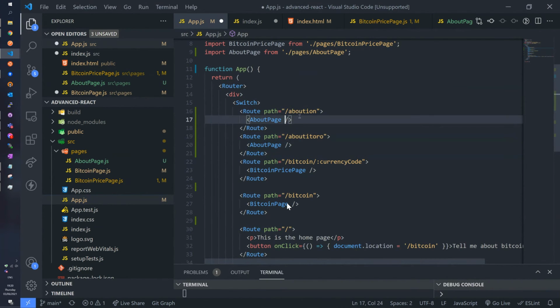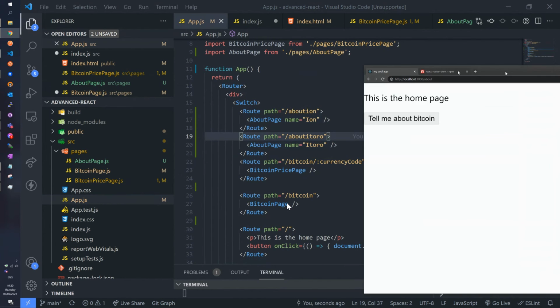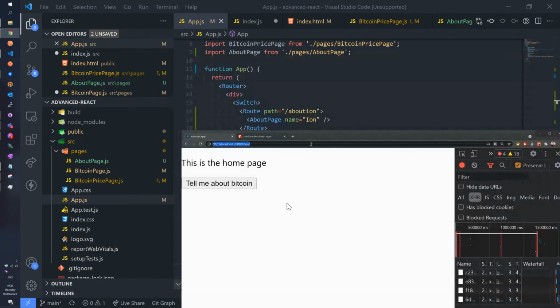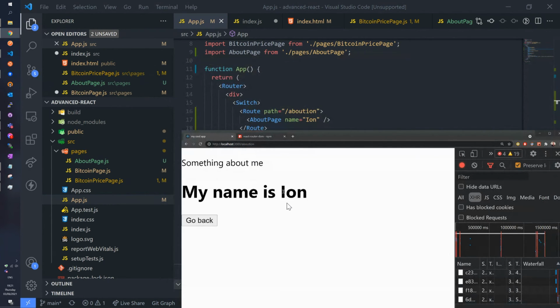And now I can actually write those props, and I'm going to say name equals Ion. Here I'm going to say name equals eToro. So if I go to /about Ion, there you go. I see that property going in there, right?